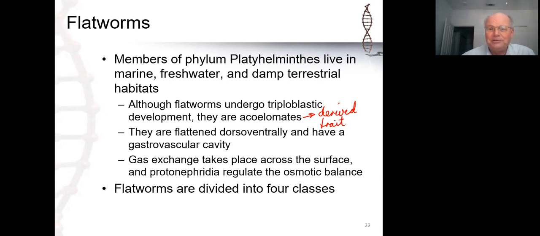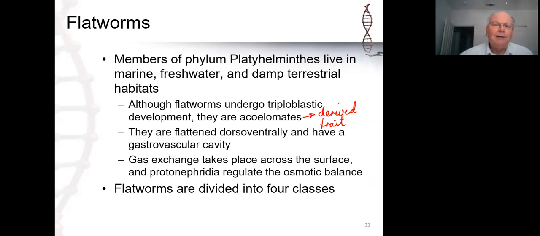DNA sequence analysis is actually starting now to support the view that the alternative body plans to the coelomate body plan are in fact derived body plans, that flatworms are derived from ancestral bilateral segmented coelomate ancestors, and dispensed with segmentation and dispensed with the body cavity completely as an adaptation to the lifestyle and the habitats that they now